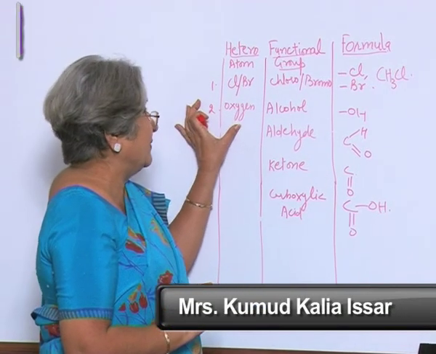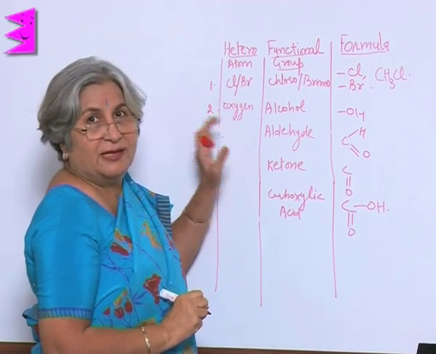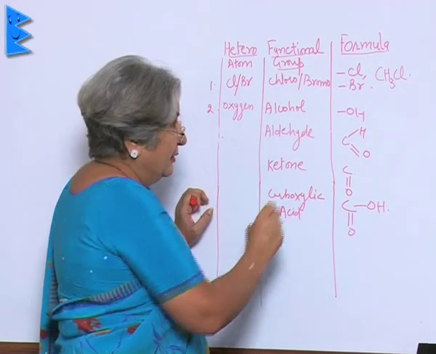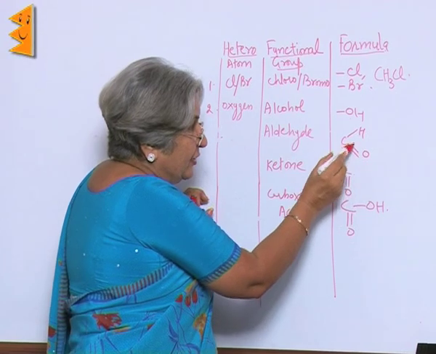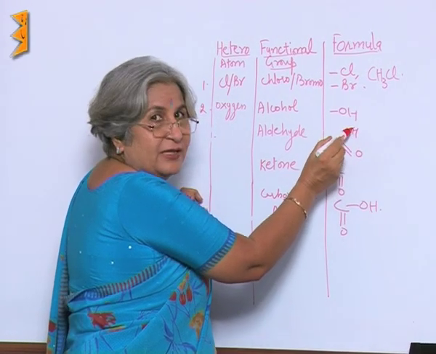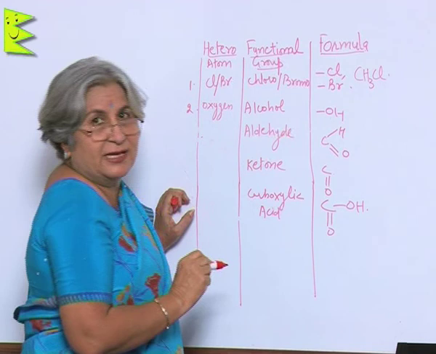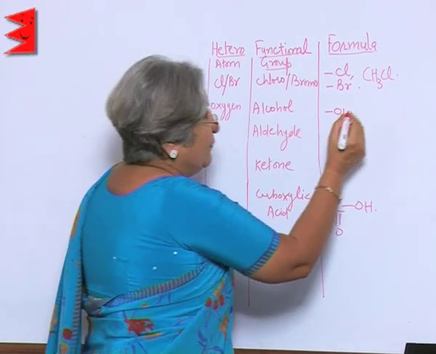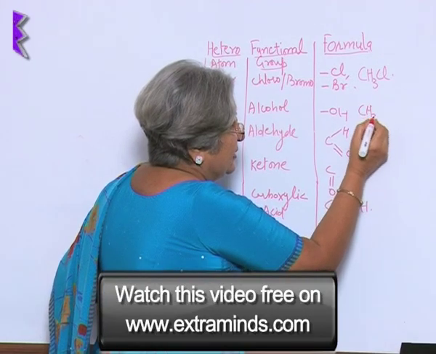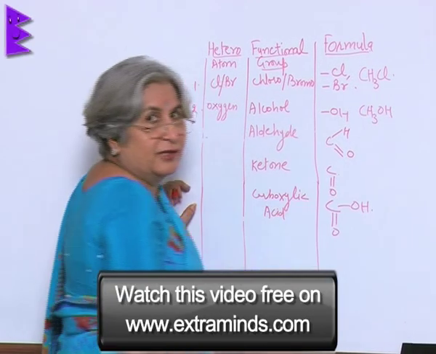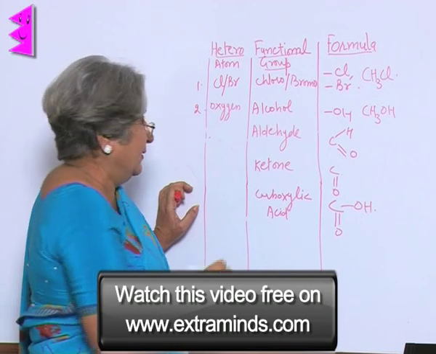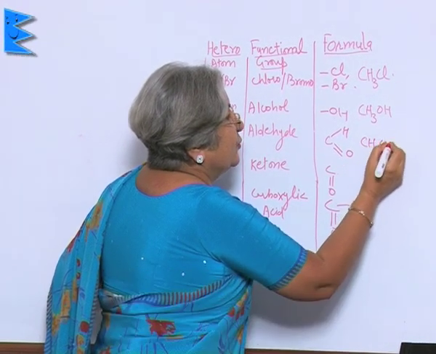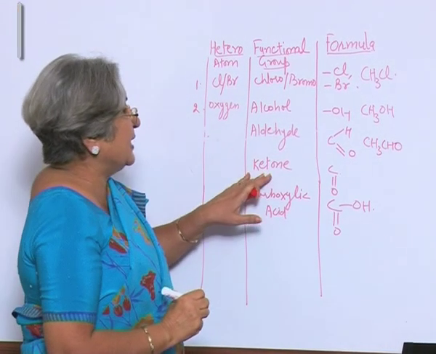If the heteroatom is oxygen, then if there is OH with a single bond, it is alcohol. If there is CHO, now here you can see there is a single bond with hydrogen, but with oxygen there is a double bond, then it is an aldehyde. Now the example of alcohol we can take as CH3OH, the methanol or the methyl alcohol. Example of aldehyde can be CH3CHO. Then there is a ketone,